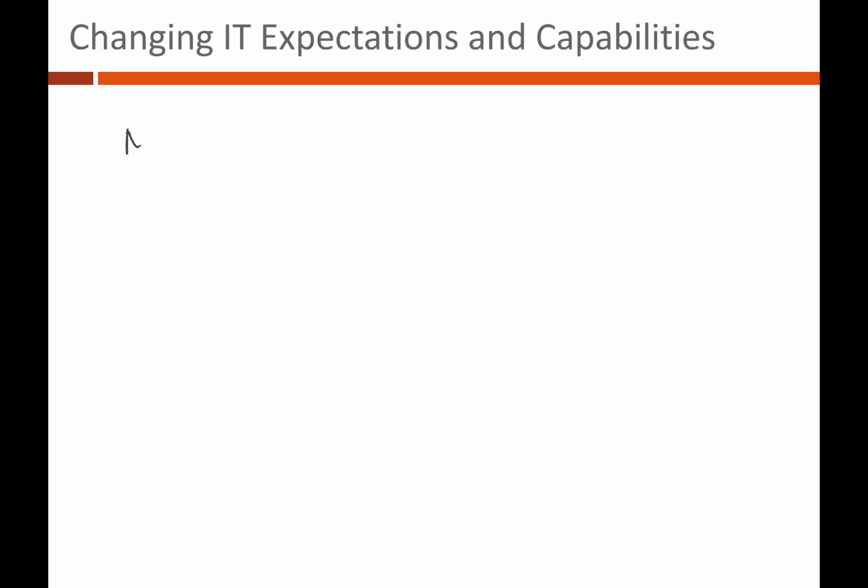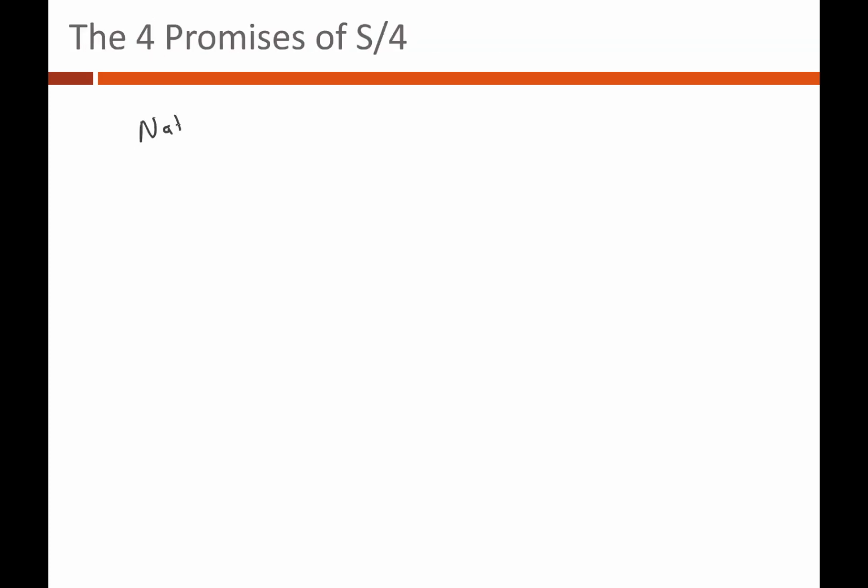Oh, here's what I was saying. We're talking about S/4, the 4 promises that SAP has made with 4 is everything. Native in memory, which means that since we now know we're going to put the database in memory, we're going to rewrite the whole system to take advantage of that, which means that that's going to have a fundamental change in the way we write queries, the way we paint screens, the way transactions work. Native in memory, and exactly what we were talking about a moment ago, simple, and I think we have to put that in quotes, simple data model,